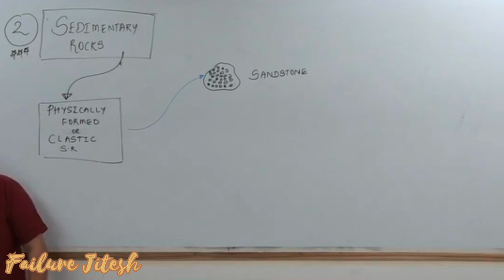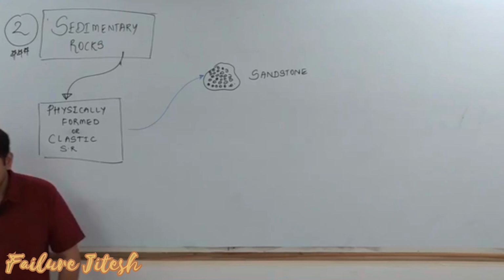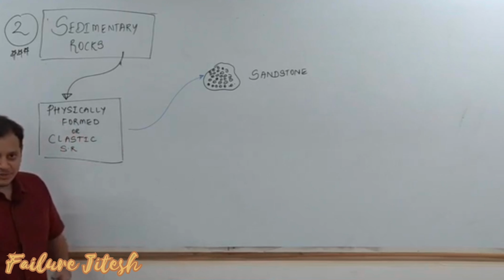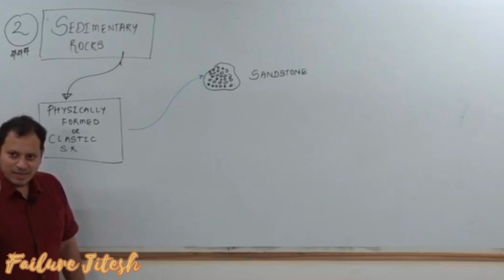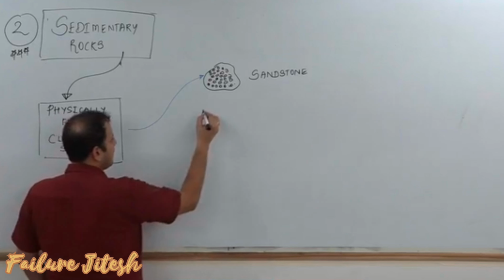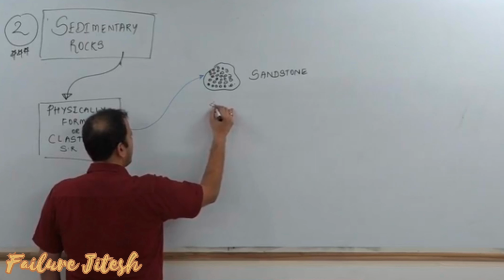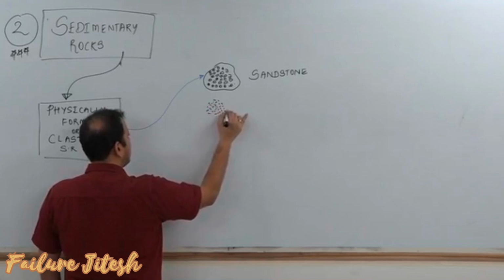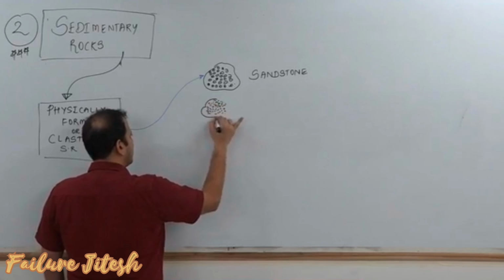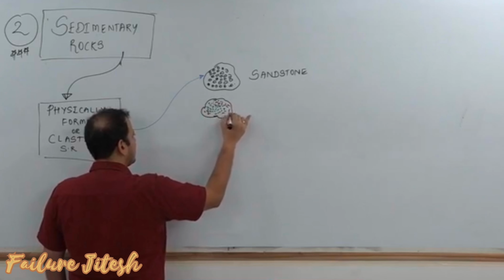Pyro, fire, clastic, mechanical force. So pyroclastic, volcanic eruptions. Clastic sedimentary rocks. Pyroclastic is only during volcanic eruptions. So one is the sandstone. If the size of the particles is smaller than sand, and if they become compacted together, it will result in the formation of a rock, which we will call